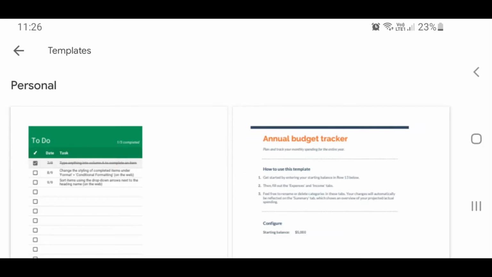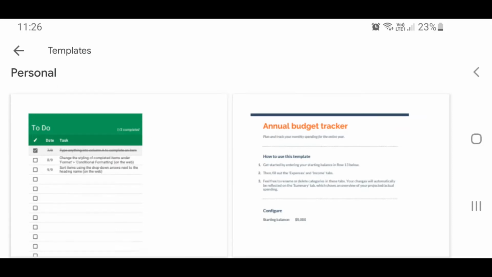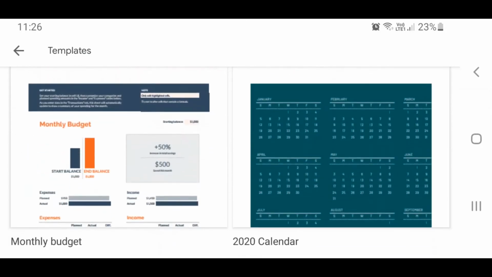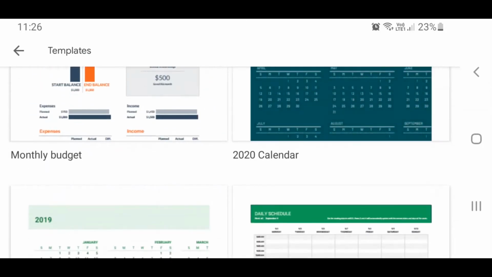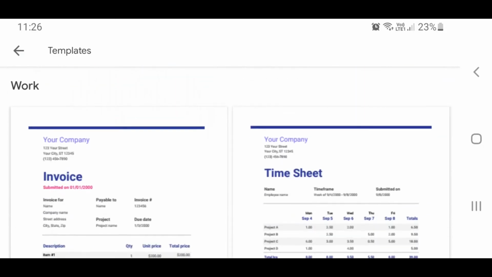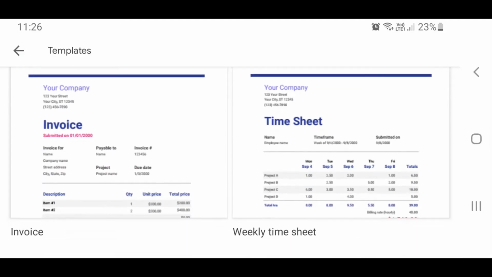I can just introduce to you a sample of the different templates that are available in Google Sheets. Here you can see you can create a to-do list, an annual budget tracker, a monthly budget, or a calendar. All these are personal use templates. If you are a working person, you need something related to your invoice, or you need to create a timesheet.